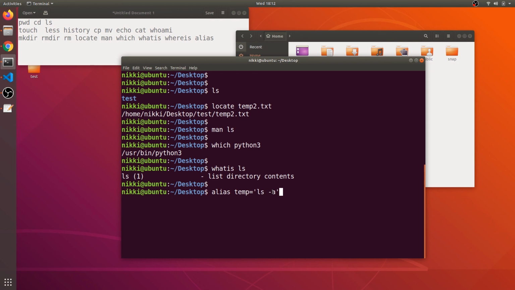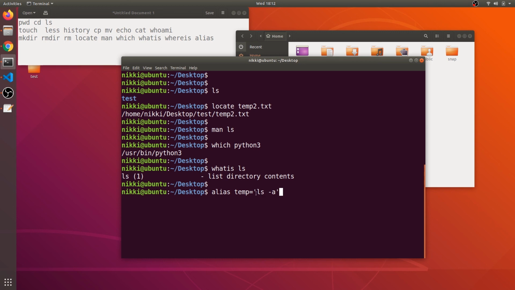So if I create a new file named .nikhil, then if I type ls, that file will not be displayed. What you need to do is type ls -a to display all the files and folders including the hidden files. Now we can put aliases for some specific commands.